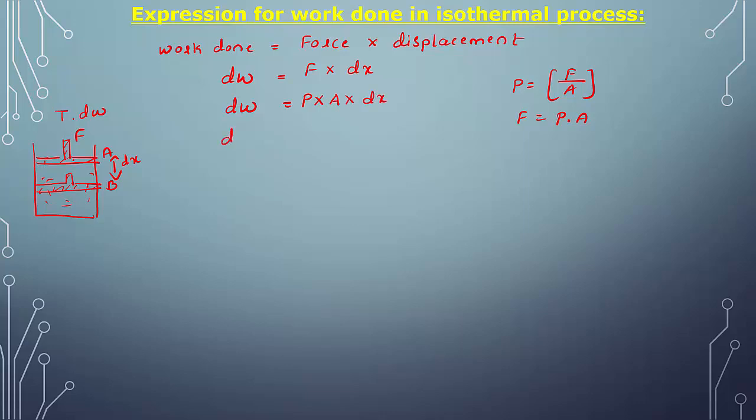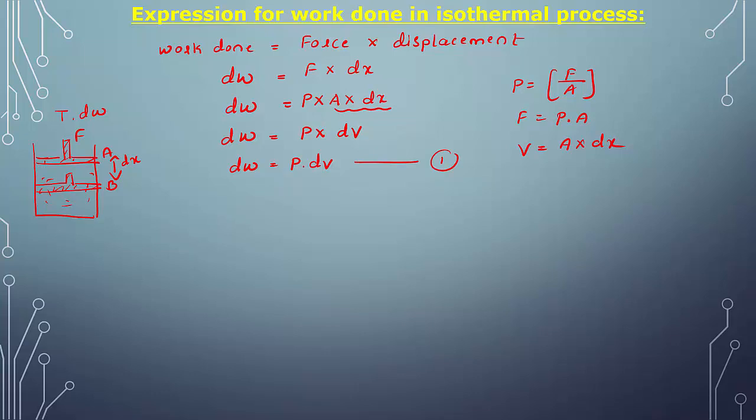Right? Or we can write dW equal to pressure as it is, area into distance, that gives volume. Volume means what here? Length into breadth into height, or area into displacement, that gives volume. So we can write it as P into dV. A small amount of work is done, so there is a small change in the volume of the given gas. Is it clear? What is the equation here? dW equal to P into dV. Let us take it as equation number 1. This is a small work done.